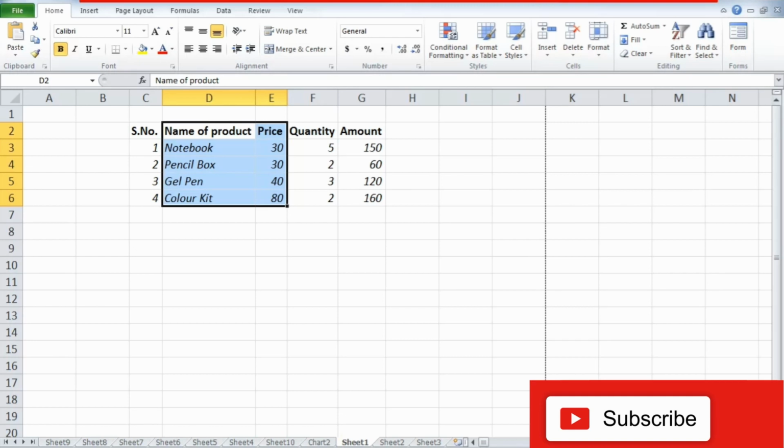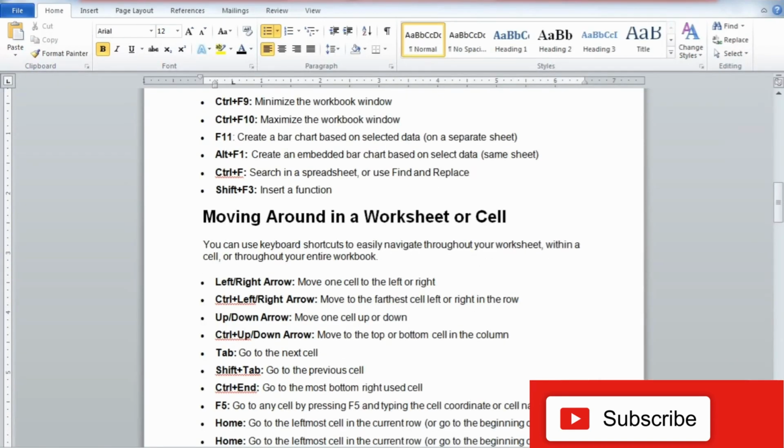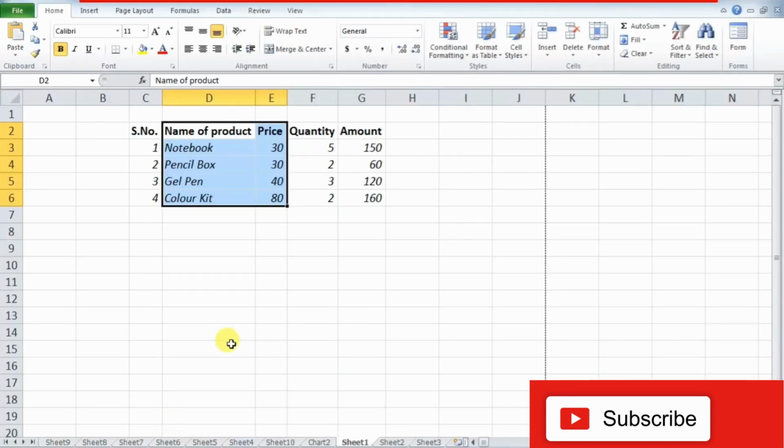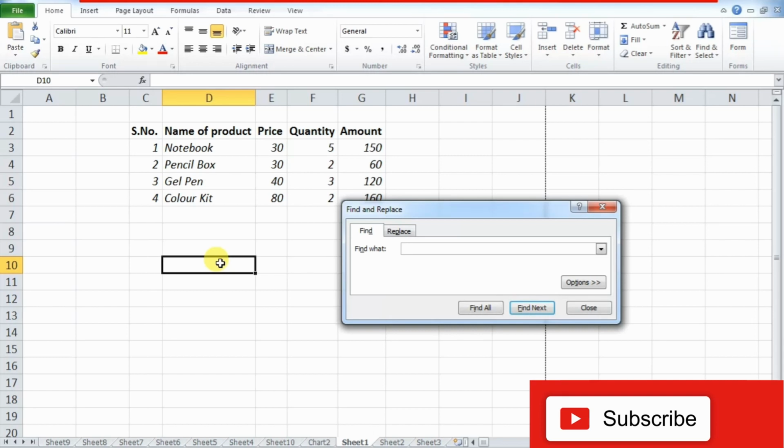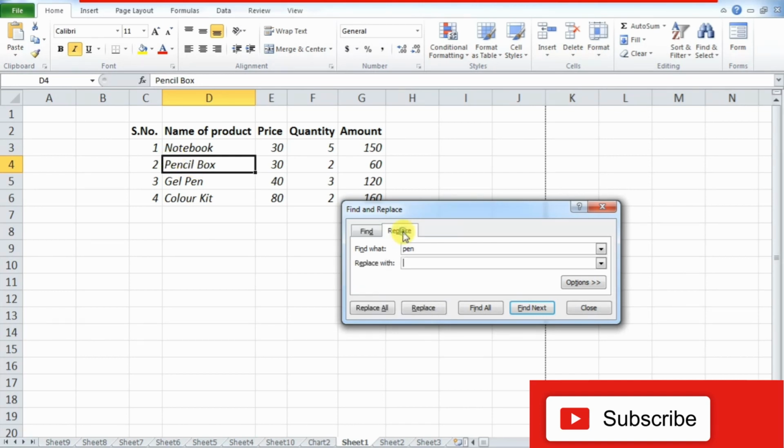Next we have Control plus F, that is to search something, or find or replace something. Suppose I have to search for pen, and we can see it has come here as pencil. Pen is also there, so we can do replace also.